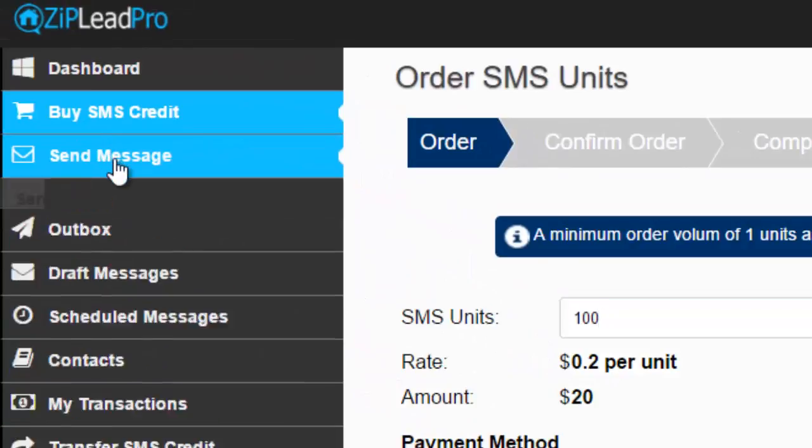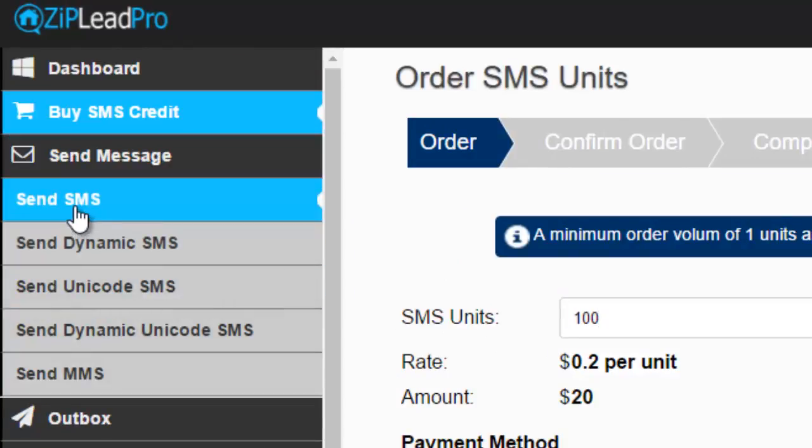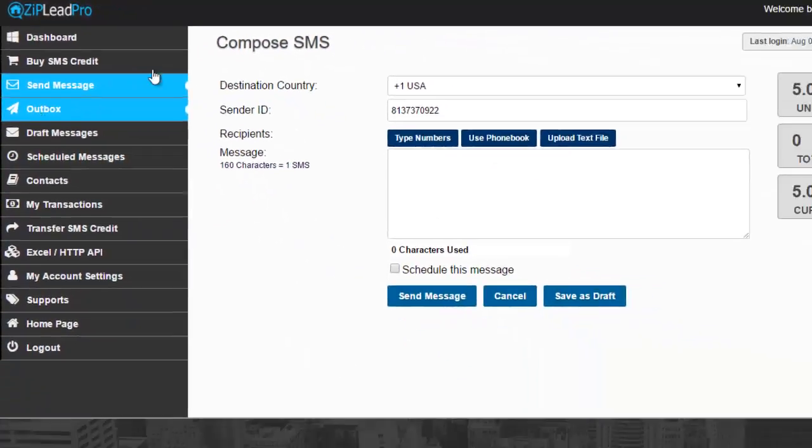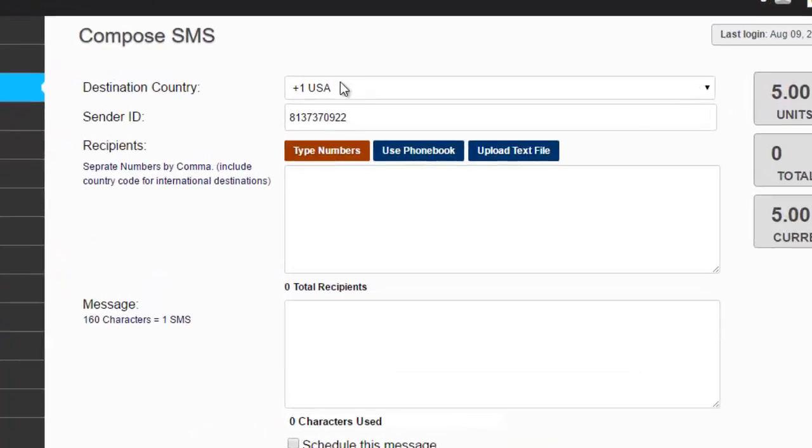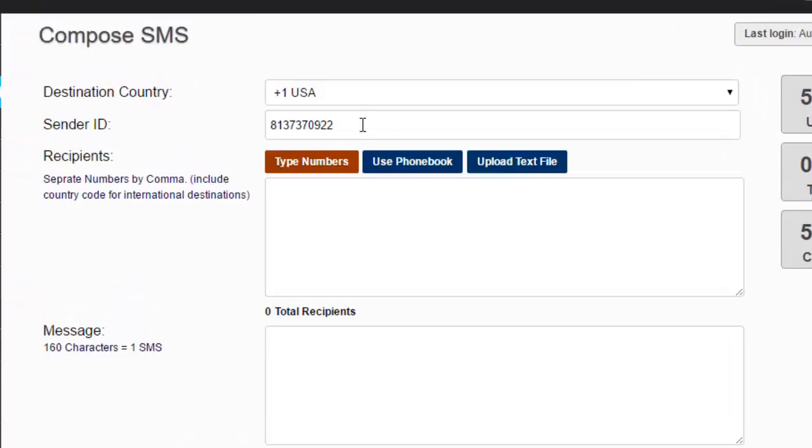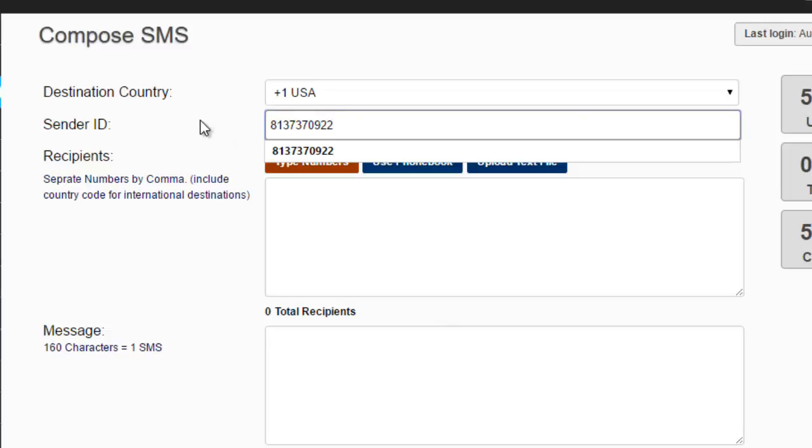Let's move on to the next tab, which is send messages. Now you're going to, let's just click send SMS. Now you're going to choose a destination country. The sender ID, of course, would be the number that you're sending from. Now keep in mind that you cannot send from any number. You have to have a number that has a SIP, which means we can actually purchase one for you. It costs $1 per month, of course, to use that number. Okay, and then you can just add it here. Once we send it to you by email or through the chat, we can purchase it for you and give